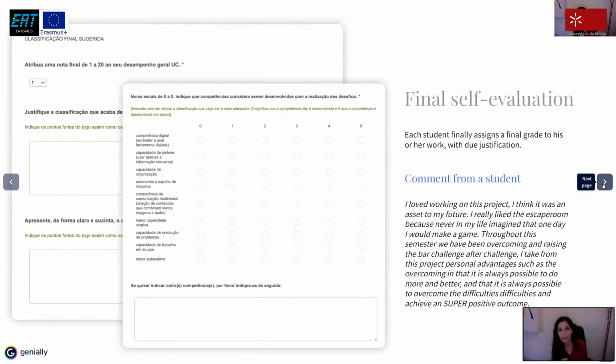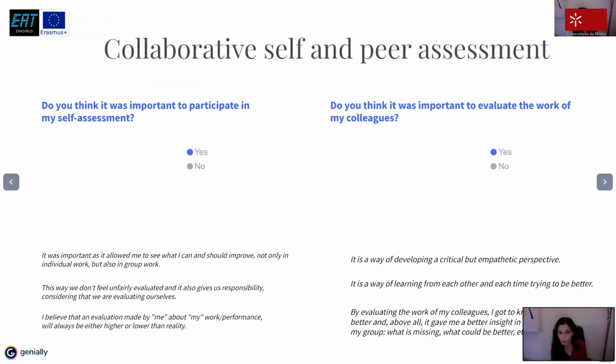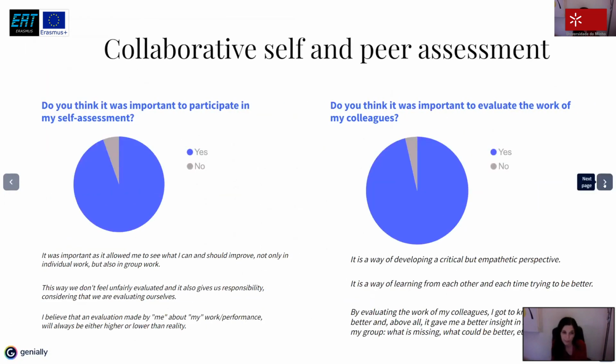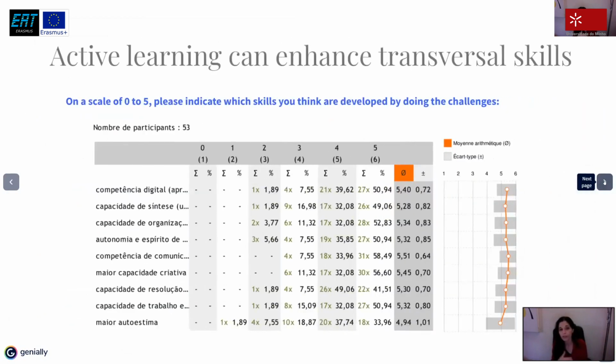In addition, we asked students to complete a self-assessment questionnaire where they had to assign a final grade to their work and justify that grade. Most students believe that it is important to participate in the self and peer assessment process. Finally, in order to appraise how much students have learned, we asked them to assess their skills at the end of the course. The students said that they have improved several skills, in particular multimodal communication and problem-solving abilities, autonomy,